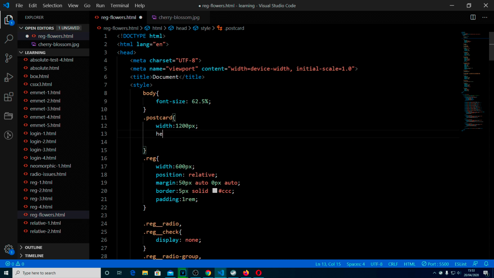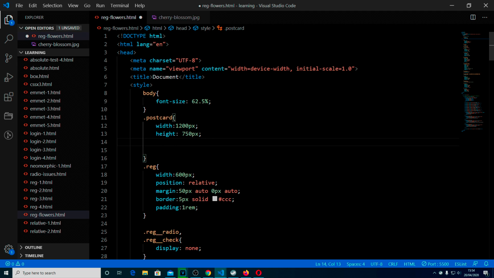And I'm going to give it a height of 750 pixels. And again, I haven't just picked these out of the air. I did some work on this before, obviously we're doing this. In fact, I spent a good day messing about to try and get it so it was half decent for us. We're also going to do some more work on this,